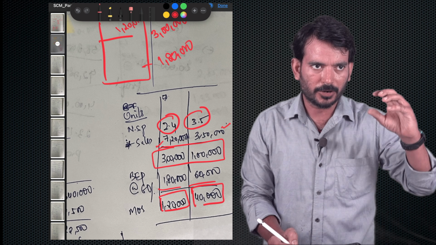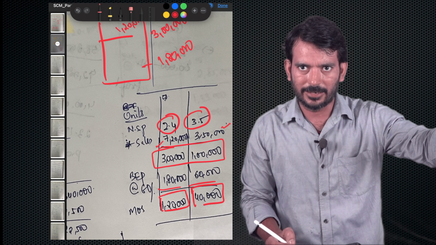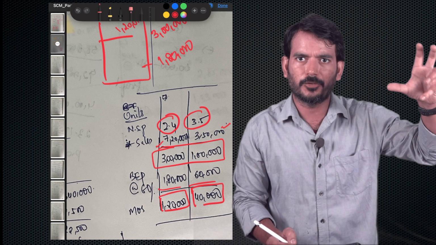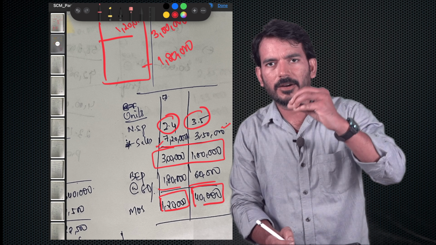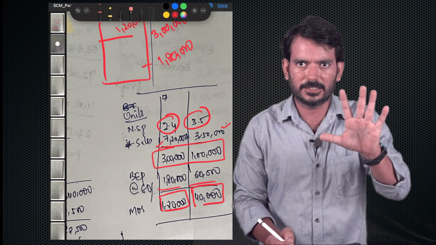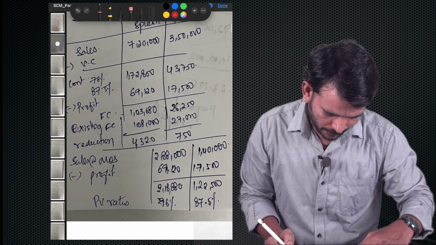So from the estimated sales, by using the new selling price, I have arrived at the total number of units to be sold. From that, I have arrived at the break even point sales, and I also arrived at the margin of safety sales. This much is clear, step number 1. Okay. Now we need to find out